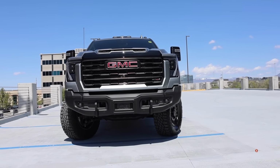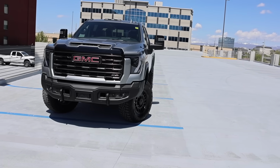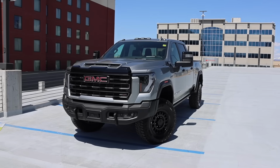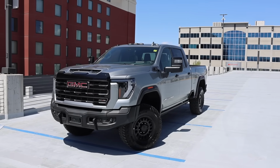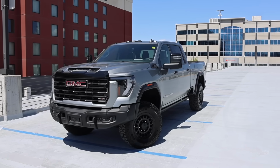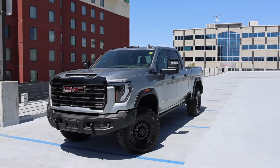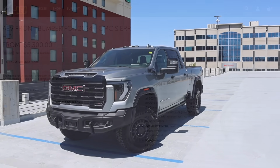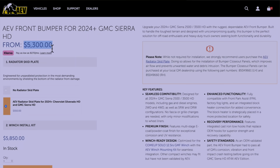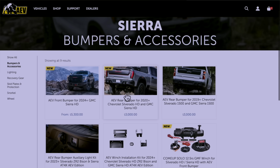the market. And when you add these off-road bumpers to it, it just changes it. Now, I don't know if you guys know this. I was going to do a separate video on it, but I figured I'll just go ahead and tell you guys. You can now buy these bumpers for your non-AEV edition truck, and it costs $6,000 for just the front bumper, and I think it's like $3,000 for the rear or $3,500 for the rear,